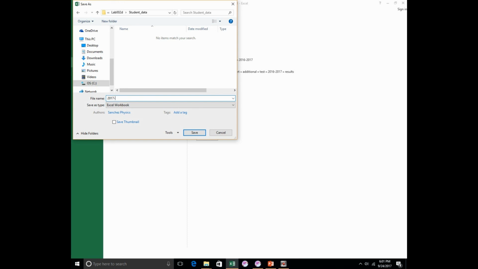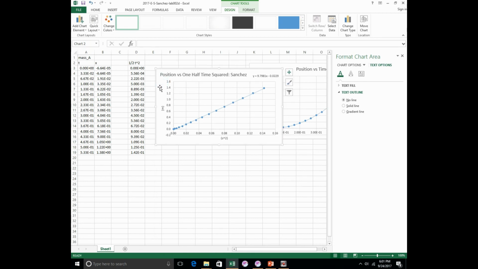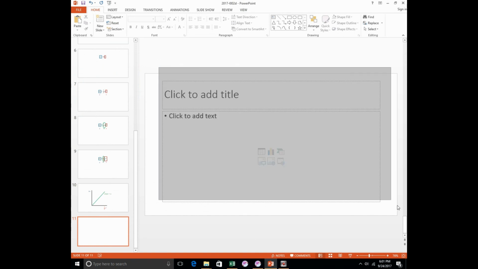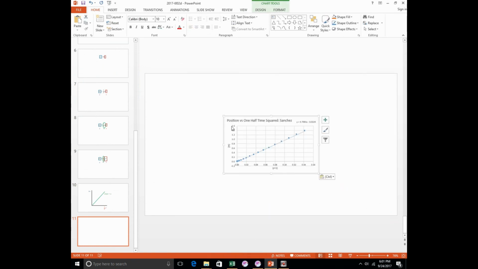I like to start with the year because it helps keep things sorted. That being said, I could do ES Sanchez Lab 002D. That would be perfect. So as long as I've got it there, that's fine. Or if you're at home, you can always take this, Control C, so we could copy it. You could go into PowerPoint, for instance, and then you can paste it. It'll take a moment. My computer's a little slow. We can drag this a bit bigger,